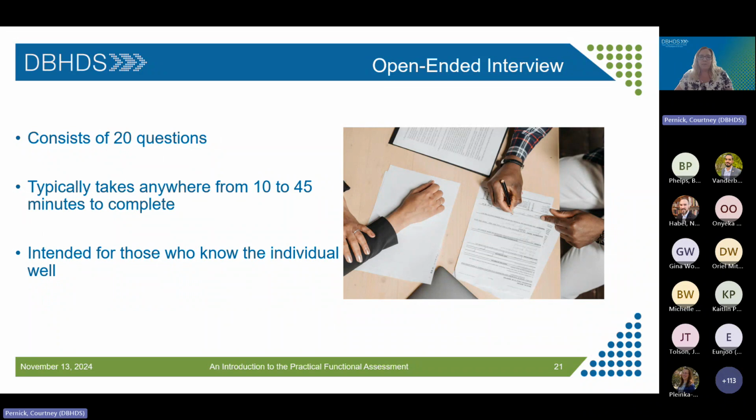I have completed this step using various methods, so you can interview an entire group of caregivers at once or interview caregivers separately. I've even given the blank form to caregivers to complete, and then once they return it, I can ask follow-up questions. However you choose to complete the interview, it's important that you're asking follow-up questions to make sure you're getting the information you need.